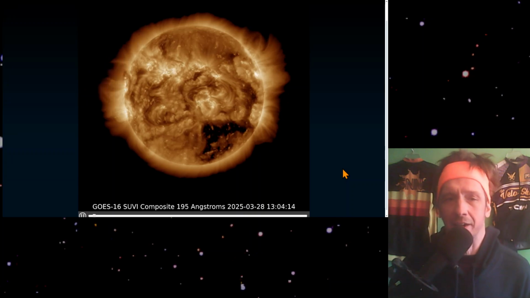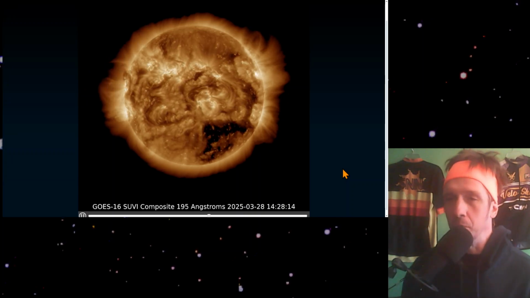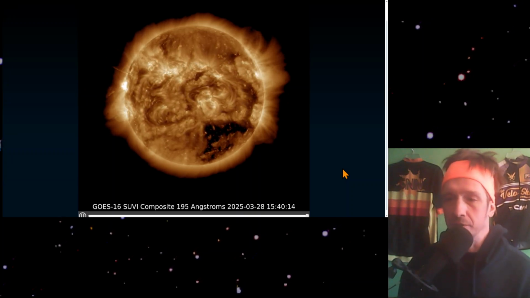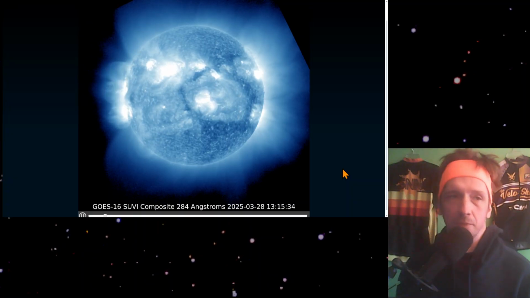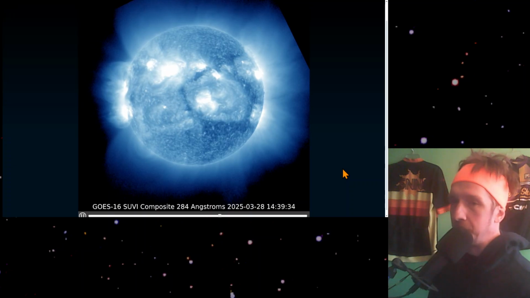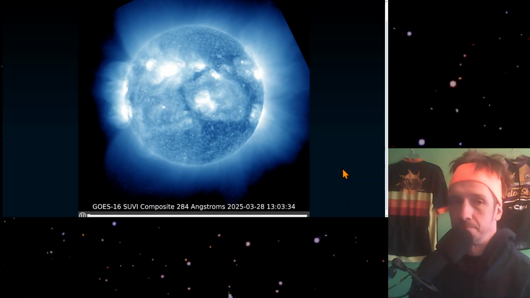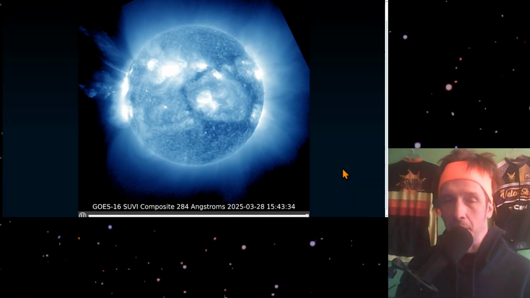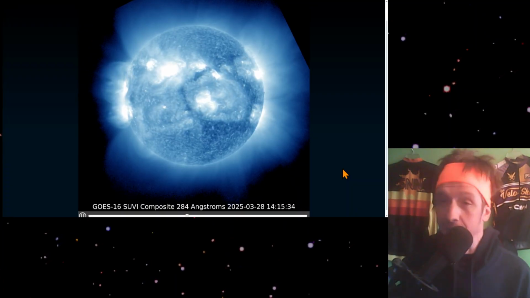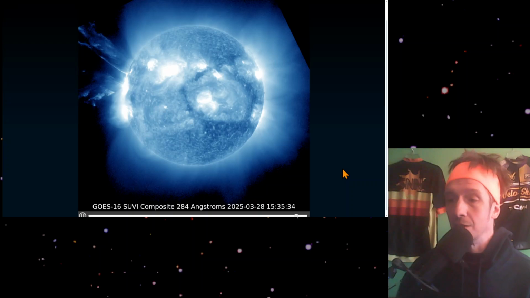And we're coming at you today during a high-speed coronal hole wind stream. So you can see a coronal hole there in the southwest, which would be your lower right. Here's 284 angstroms. Also good at showing that material blasting off. So solar flare and coronal mass ejection here showing up rather unexpectedly as an obviously very active region rises around